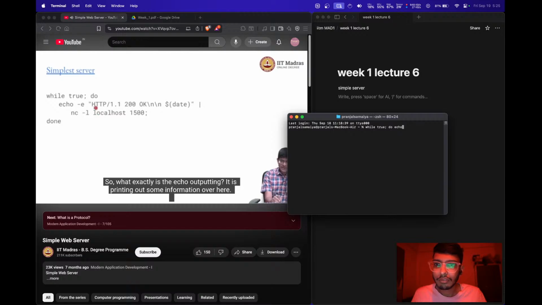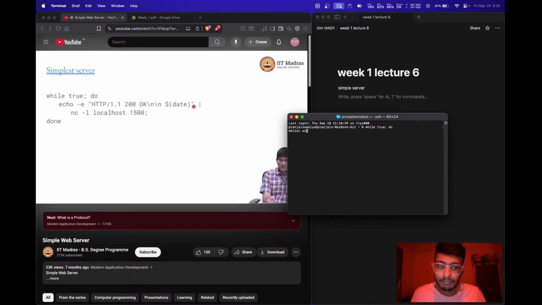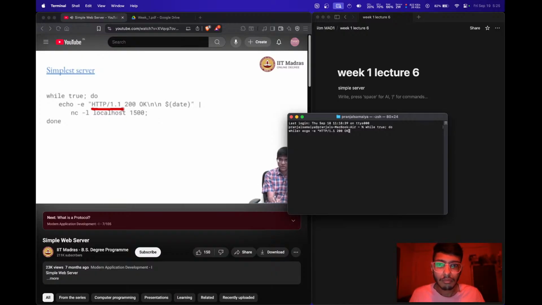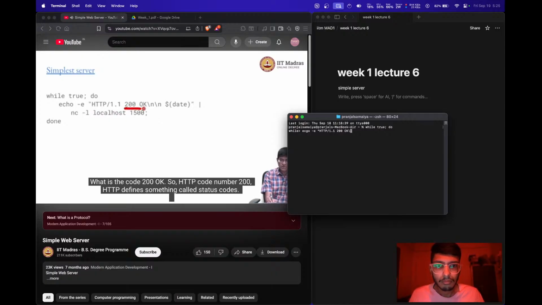So what exactly is the echo outputting? It is printing out some information over here. The first part of it is what you can see, HTTP/1.1. So remember, I am creating a server. This is the output of the server, which means this is the information that goes back to the client. And HTTP/1.1 basically says this server is responding with an HTTP 1.1 code. What is the code? 200 OK,